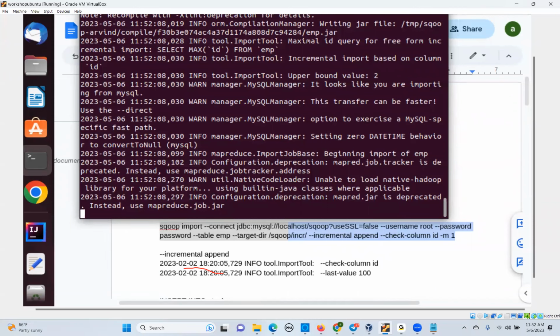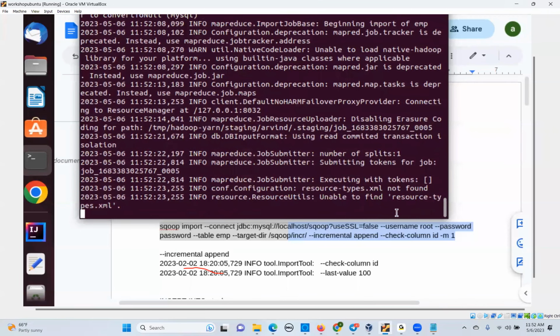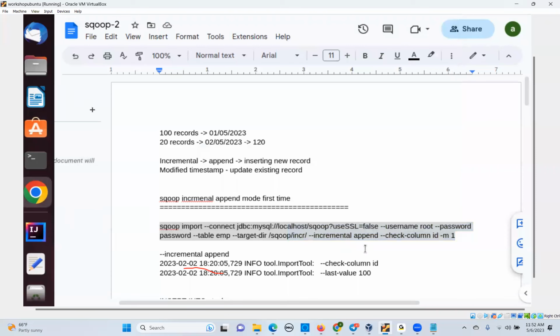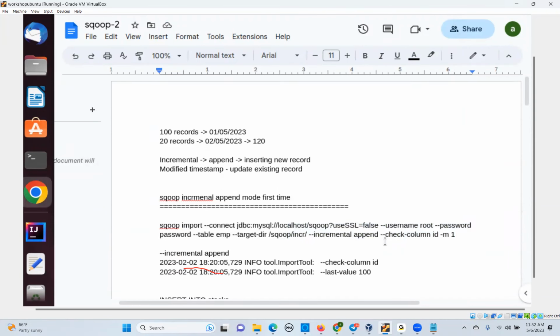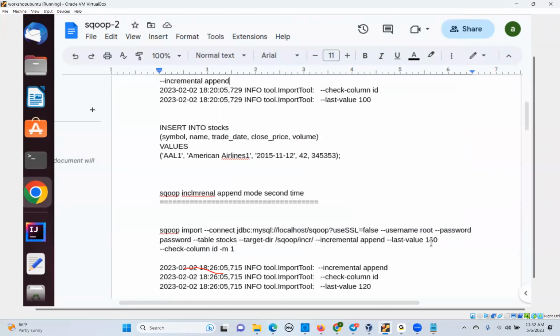Another way is there: Sqoop job. You create a Sqoop job for your Sqoop import command, then you don't need to remember this last value. Because the second time when you run this Sqoop import command, you have to give this last value if you are not using a Sqoop job, if you are using the simple Sqoop incremental command. So you have to give incremental append mode, and the next time you run the command in append mode,